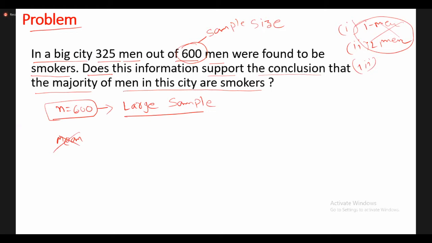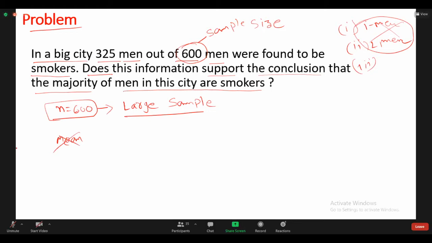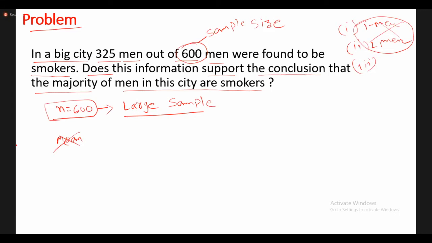First, we have to identify whether it is a large sample or a small sample. How to identify? That depends on the sample size. If the sample size is greater than 30, it is a large sample. After that, what the question is discussing is important. If they are discussing the mean, we have to go to these two, either the first one or the second one, depending on the data. Otherwise, go to proportions.